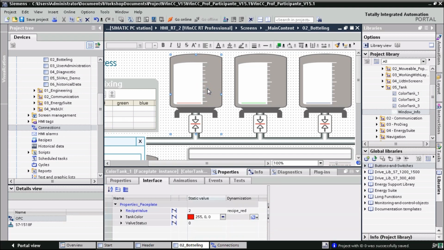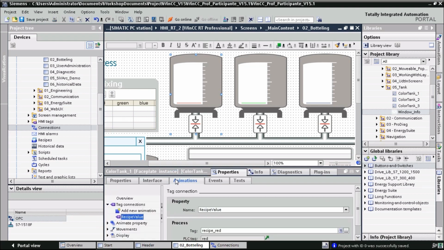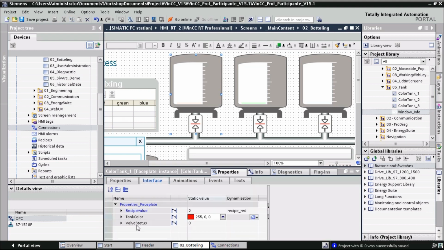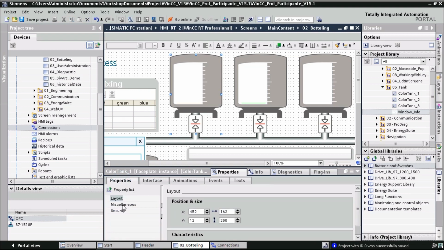So maybe there's a lot of trends that the structure of